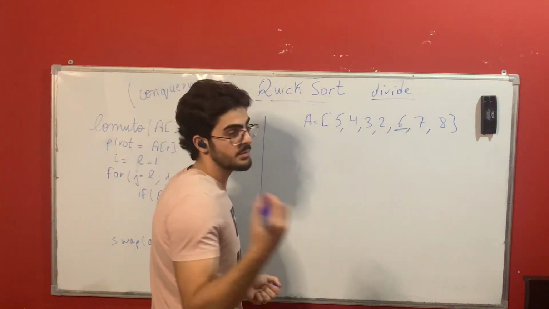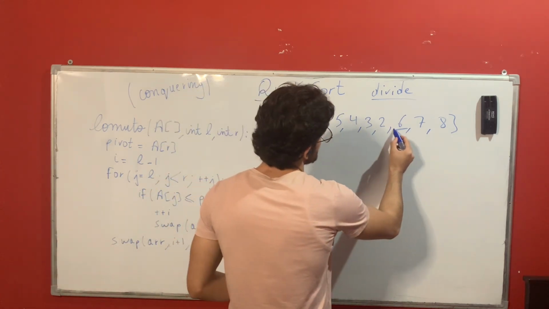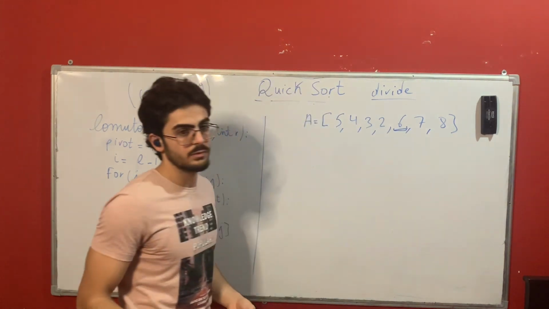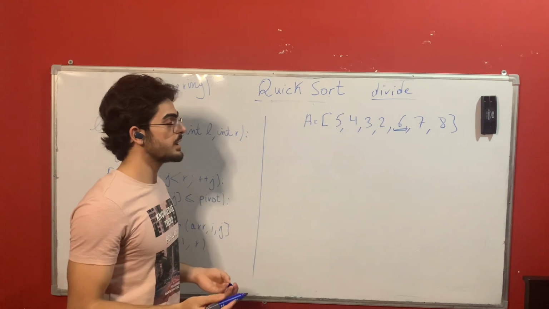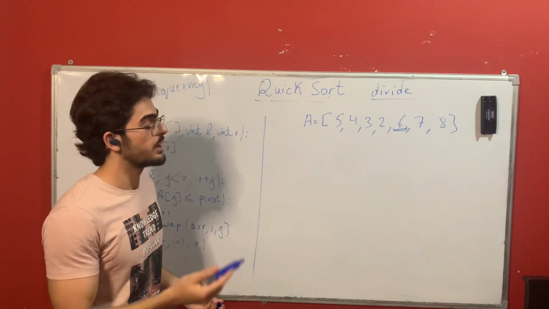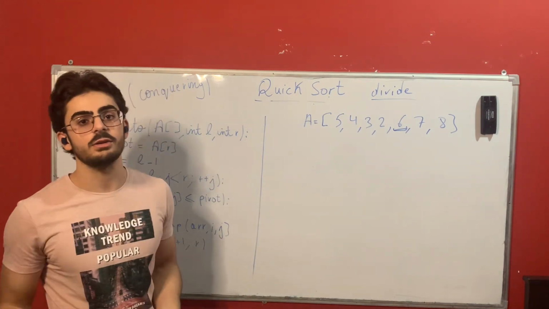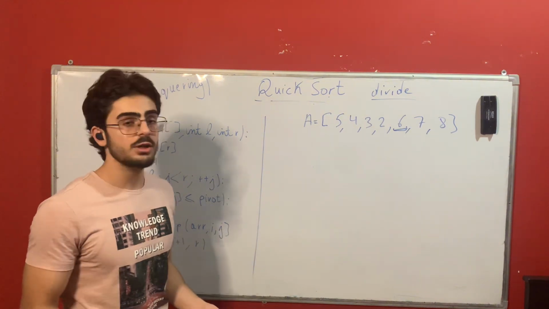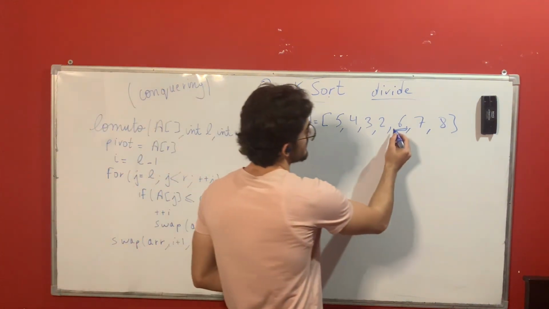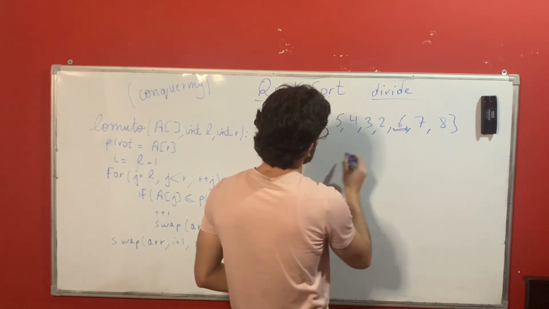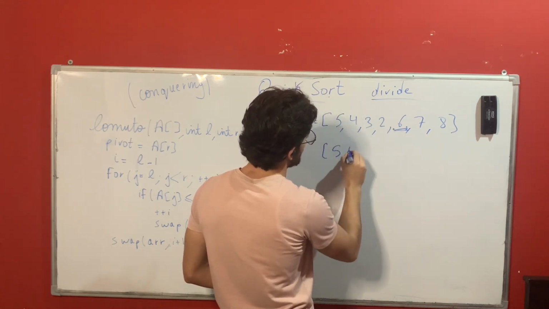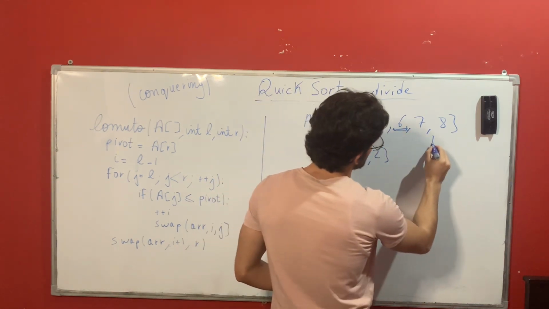We first, in the previous example, placed 6 in its correct position. We should divide the array, continue with the array, and place every element in its correct position. So, how shall we do this? After placing 6 in its correct position, we are left with this part of the array and this part of the array